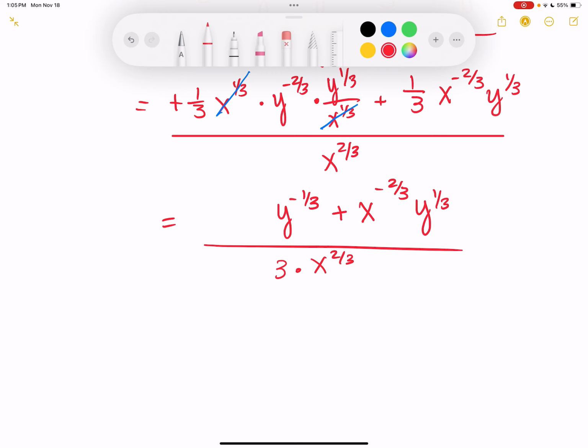Okay, so now I think personally I would split these up into 2 separate fractions with a common denominator. So I can move this to the bottom. So I would have 1 over 3 x to the 2/3 y to the 1/3